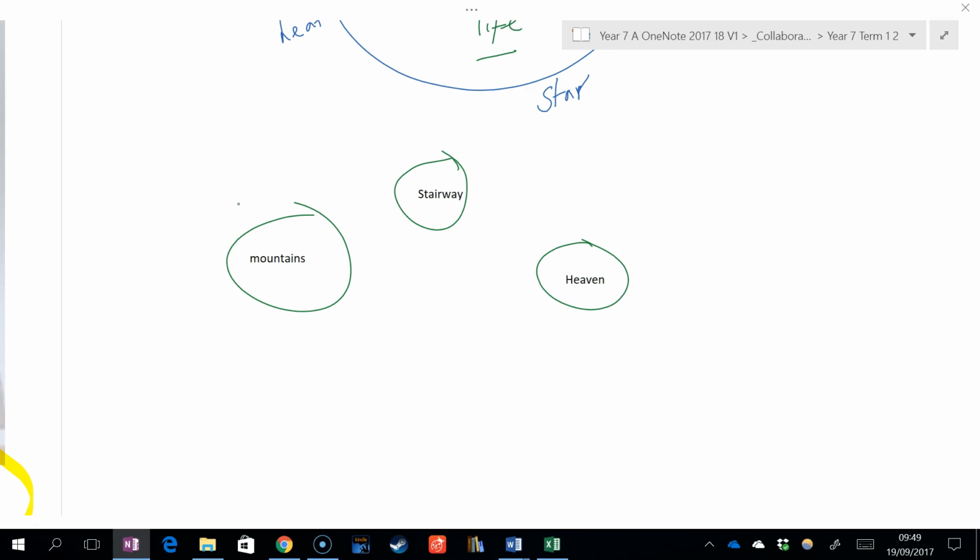Therefore, we don't really need to write down the denotations as long as we know it in our head. Do you guys know what a stairway is in your head? Do you guys know what a mountain is in your head? Do you guys know what heaven might be in your head, or at least what it's meant to be in the Christian faith? Okay, so I want you now to spend some time thinking of as many connotations as